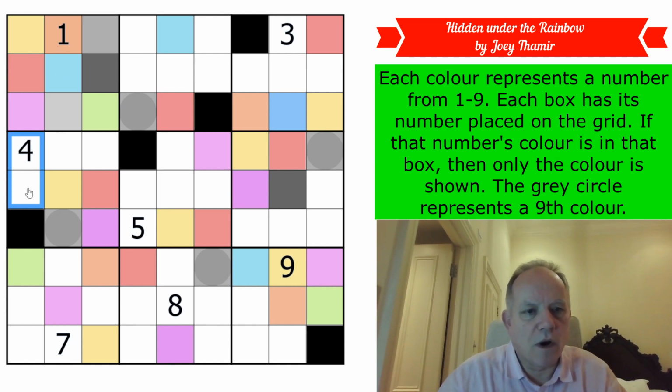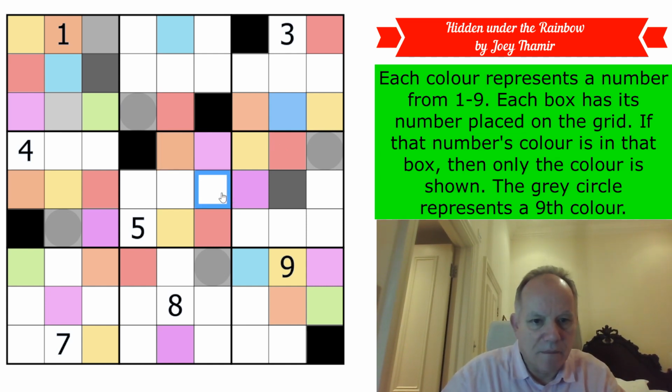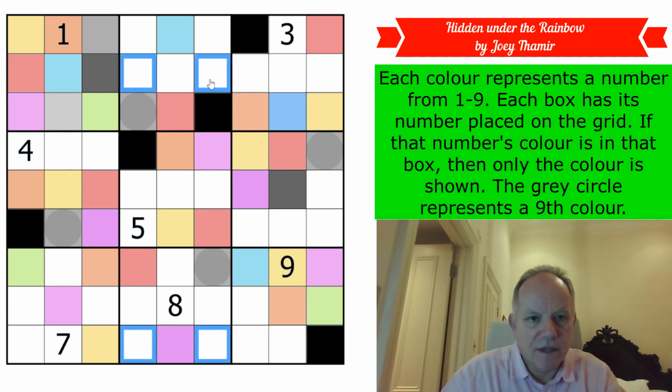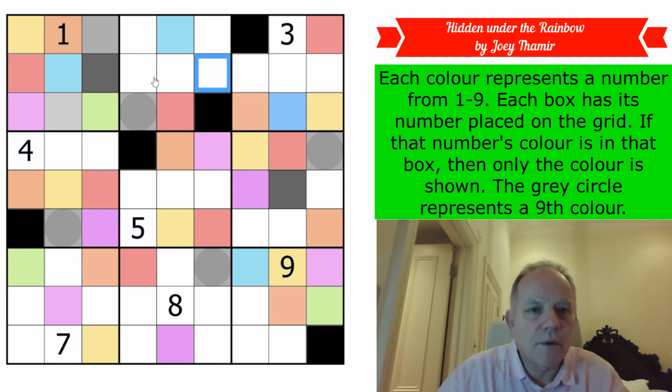So orange is 1. Right, yes, so we can place orange in one of these 2 cells. It can't be in the 4 cell. Now we know what number it is. So we get orange there. Orange in this row we can place as there. Actually, I find the difference between orange and red quite difficult. I don't know if anybody else has that problem. Orange is in one of those 2. It's another X-wing left. Because again, I think for every number... Oh no, hang on, that's orange. Yes, we are left with...